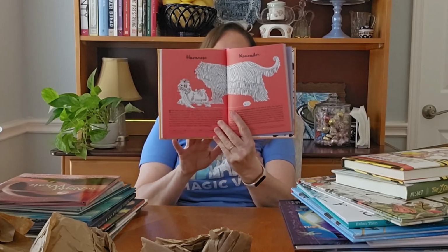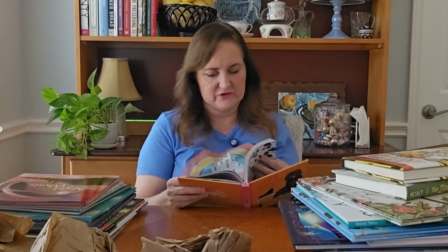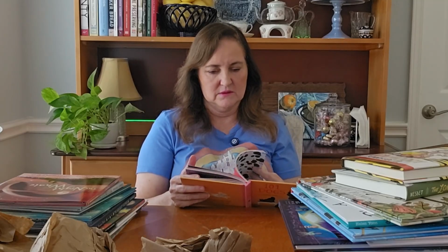A Havanese and a Commodore. I recently read about those. Irish Setter and West Highland Terrier. These are not in alphabetical order, so I don't know how I feel about that. And they don't seem to be in any particular order. Shih Tzu and a Chow Chow. Do you know what they have in common? Nothing. Shih Tzus are lap dogs and Chow Chows...